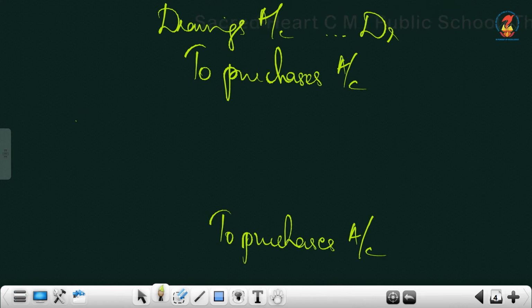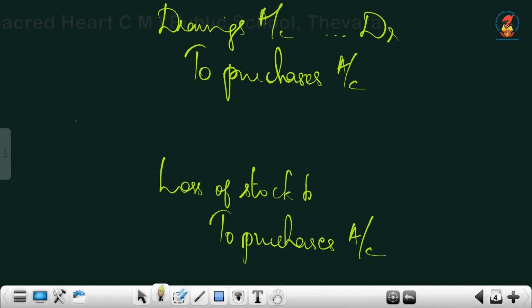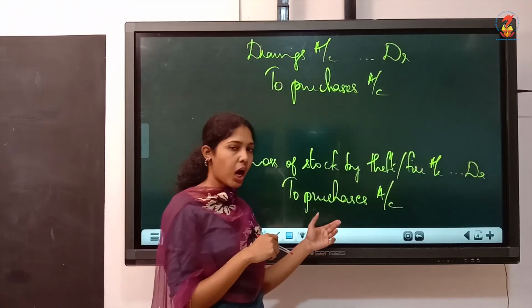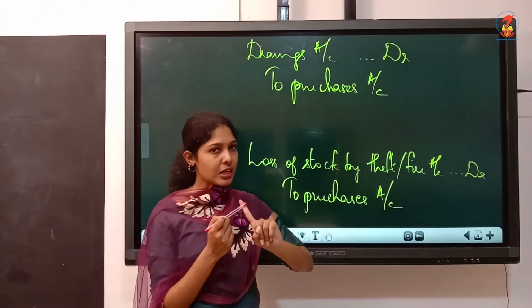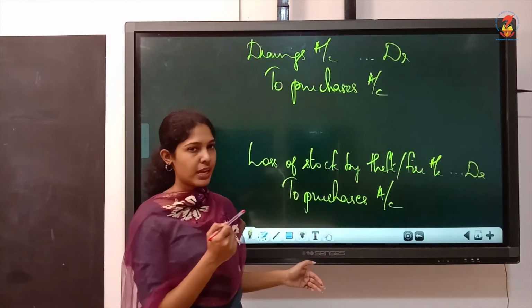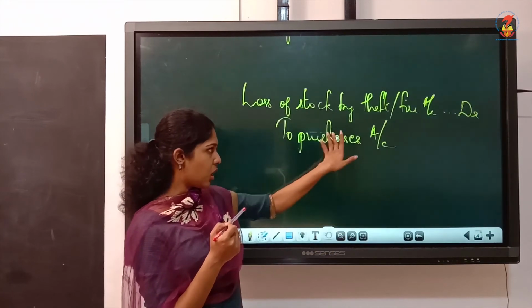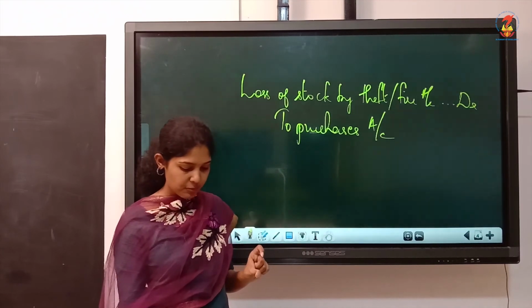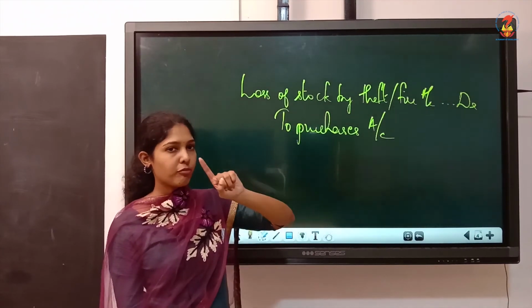And why are we losing goods? It is on account of loss. So loss of stock by theft or fire account, the entire term you can write. Loss of stock by theft or fire account debtor to what is moving out? It is the goods moving out. That's the first transaction. We have some subheads under this loss head. So this is the basic entry you have to record for the loss.